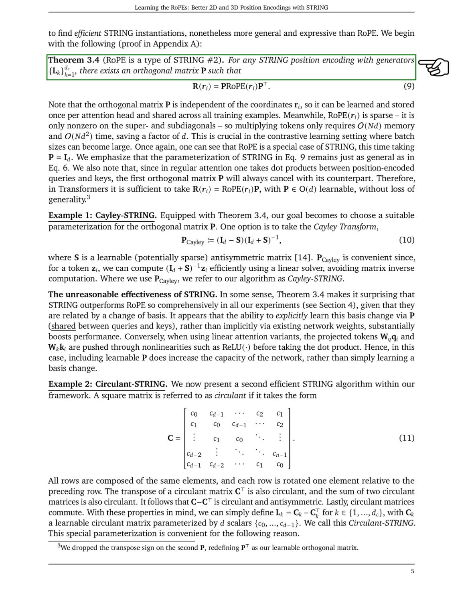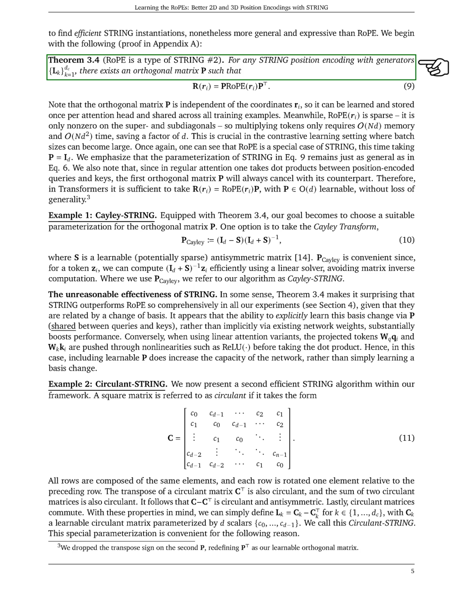We note that for any STRING encoding, we can find an orthogonal matrix that simplifies computations. This matrix can be learned once and reused across all training examples, which reduces memory and time requirements significantly. RoPE, in this case, is a special instance of STRING where the orthogonal matrix is simply the identity matrix. We also explore a specific